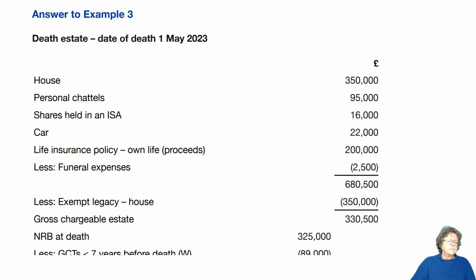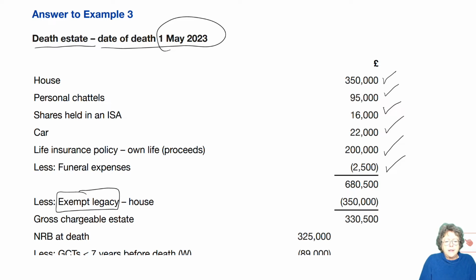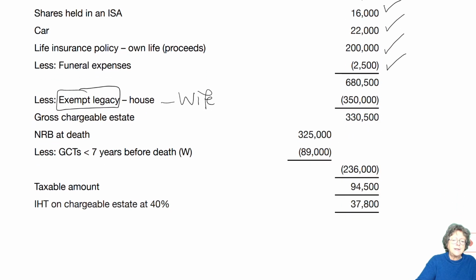So here we have the death estate. Again, a nice heading to show the examiner you know what you're doing, and I would put in the date of death. And we've copied through the house, the chattels, the shares, the cars, the proceeds, and we've taken off the funeral expenses. So tick them off through the question as you're doing them. Then we've removed, and we've called it an exempt legacy. Please use the technical term for that and explain what it is, because it's gone to the wife, which gives us a gross chargeable estate of